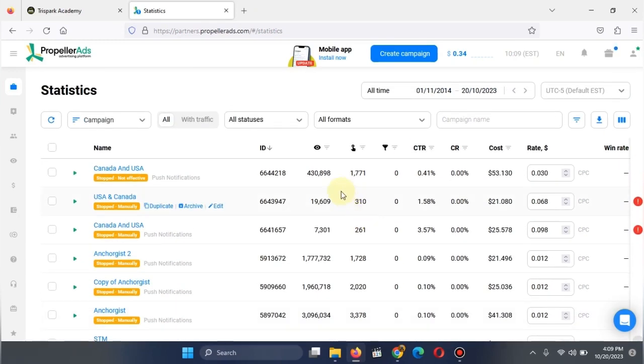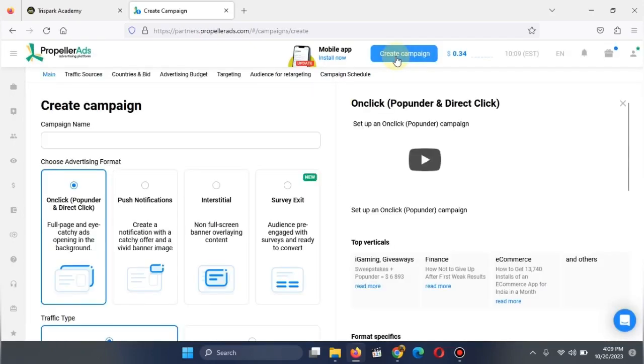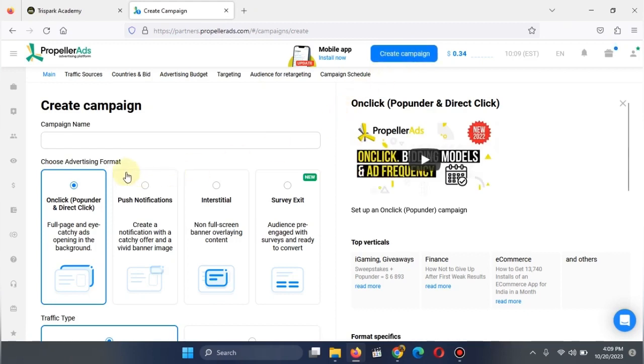So if you are considering using this anyway, it's still not difficult to do. All you need to do is go to create campaign over here and click on it. But remember, I said this is not something I recommend right now for arbitrage bloggers. When you click on create campaign, you come in here and put your campaign name. So we can call this something like, let's call it risky, so that if you are listening and you still want to go ahead with it, you know this is risky and I don't recommend it right now. So let's call it this name, okay?